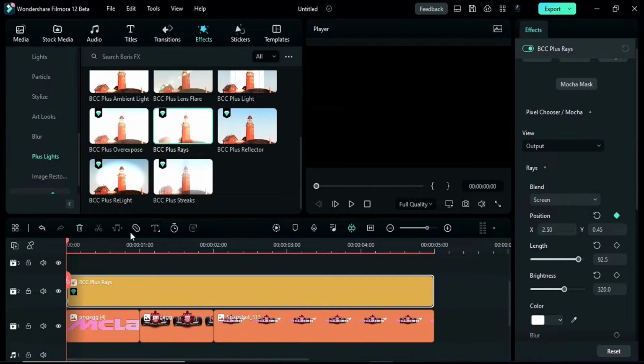Now go about 20 frames forward. Add the position keyframe and change X to -3. Go 6 frames forward, add position keyframe, then go about 20 frames forward, add position keyframe and change X value to 3. Again go about 6 frames forward, add position keyframe, then go about 18 frames forward, add position keyframe